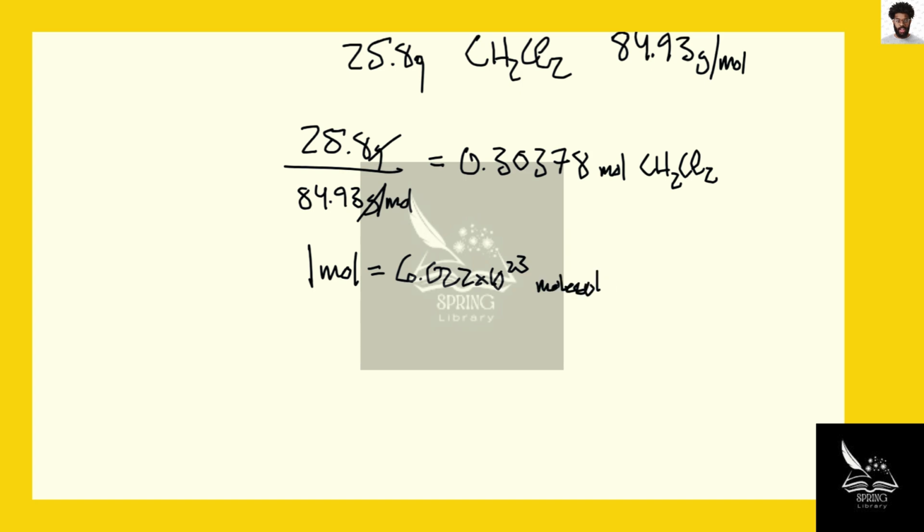Or atoms if you're doing atoms, but in this case we're talking about molecules, okay? Which means we can build a conversion factor out of this and say, 6.022 times 10 to the 23rd molecules per mole, okay? So we simply need to take our moles and multiply by this factor to get an answer